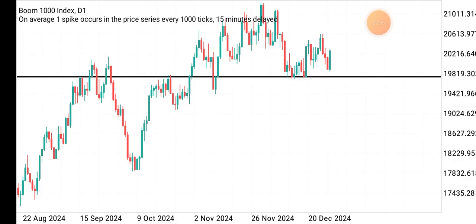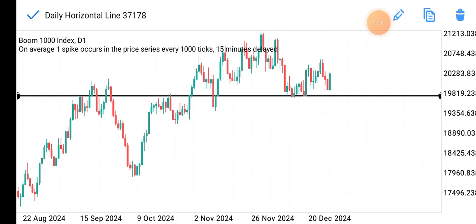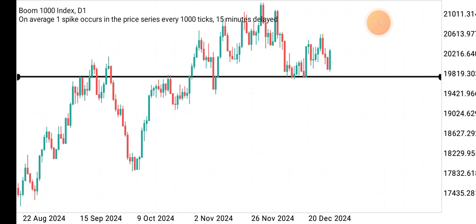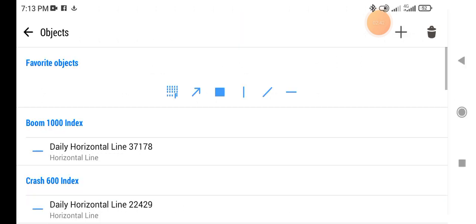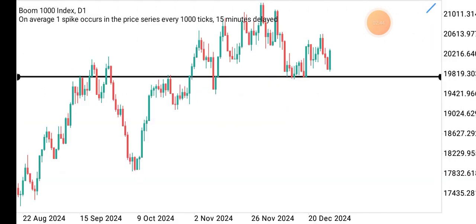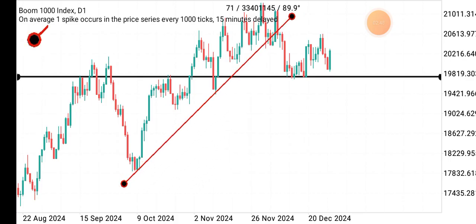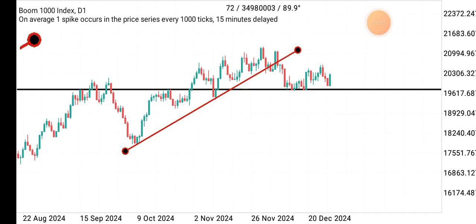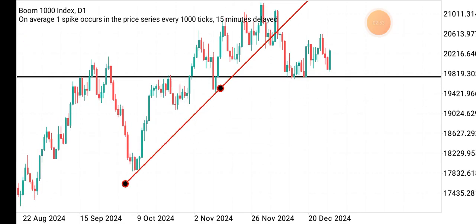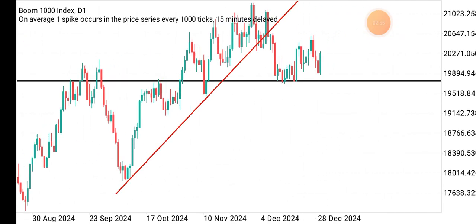And also let's also mark our trend line. We have a trend line running like this. We have a trend line running just like this. All right, and we also have